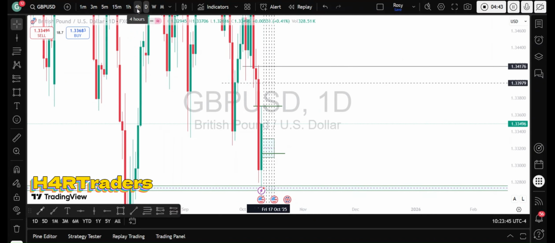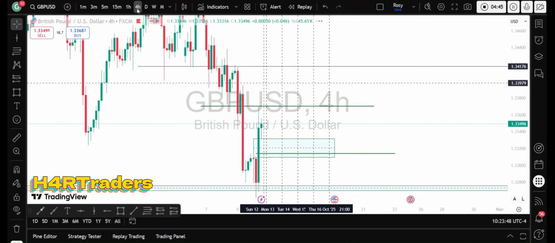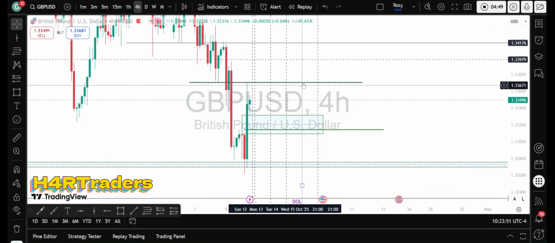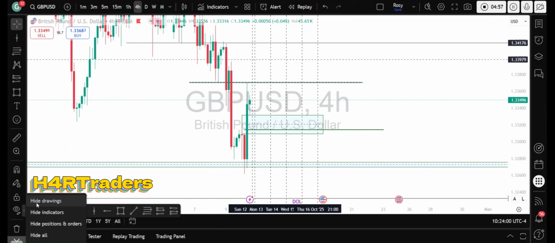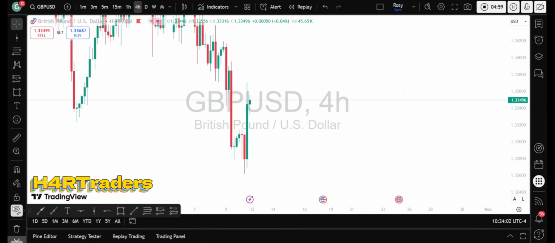So if we drop to a lower time frame, this is the 4H. So what am I looking at price to do between these lines? These are the daily lines I map out to help me in my procedure. I can as well hide them, so I can hide the drawings and it will be a plain chart. But most times I put them there in my analysis, so it will be a guide for a quick look